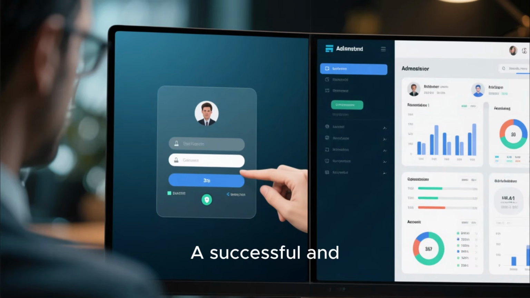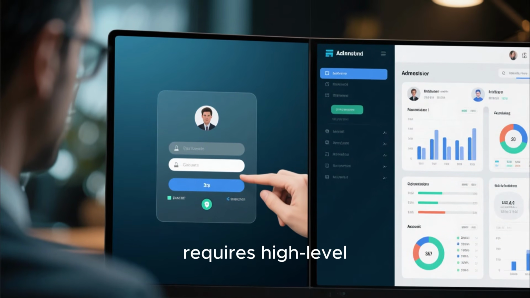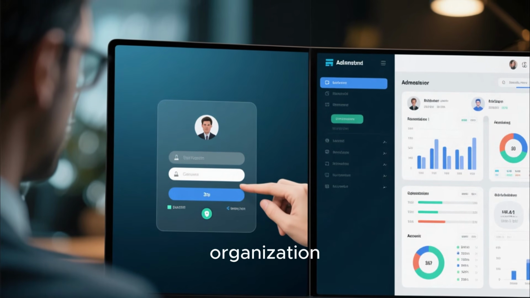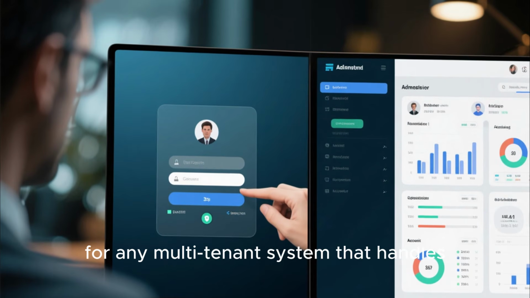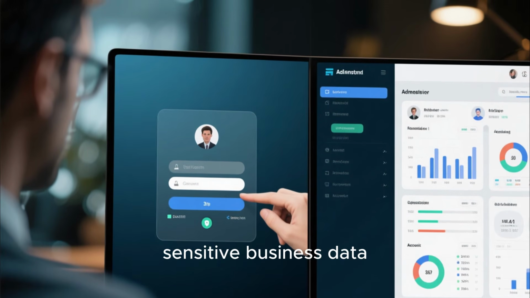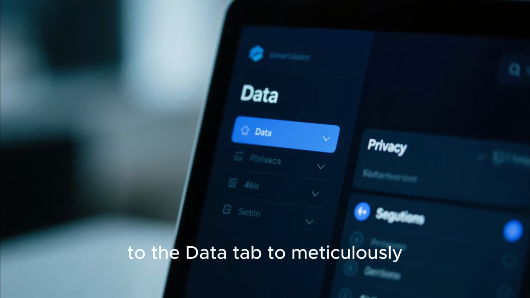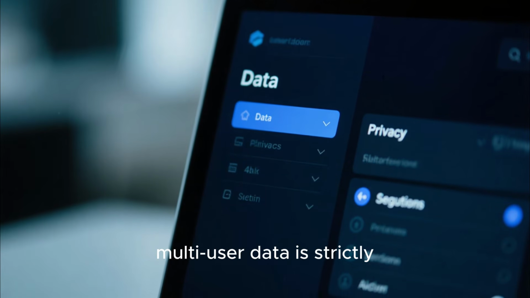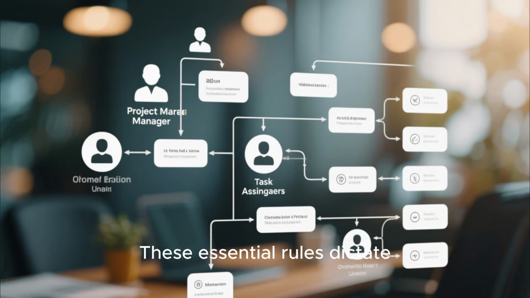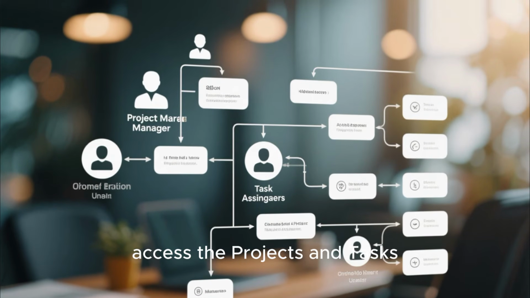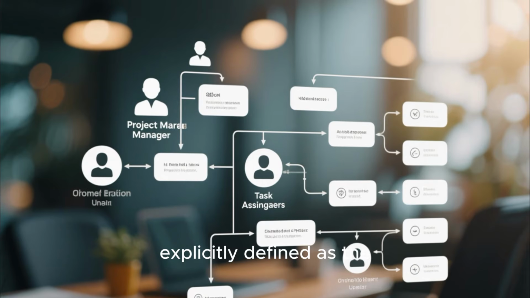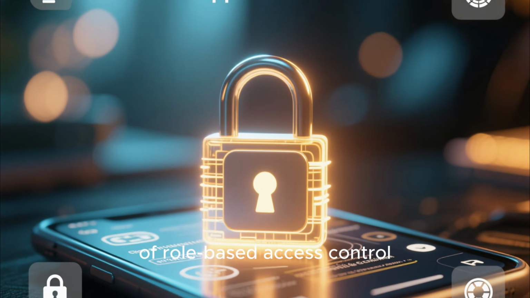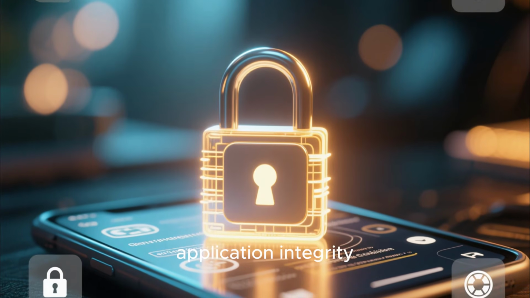Security and advanced feature integration. A successful and professional application requires high-level user security and strict data isolation for every client organization, making these elements mandatory for any multi-tenant system that handles sensitive business data. You must return to the Data tab to meticulously configure robust privacy rules that ensure multi-user data is strictly segregated. These essential rules dictate that users can only access the projects and tasks for which they are explicitly defined as the project manager or the task assignee, making this enforcement of role-based access control absolutely vital for application integrity, trust,